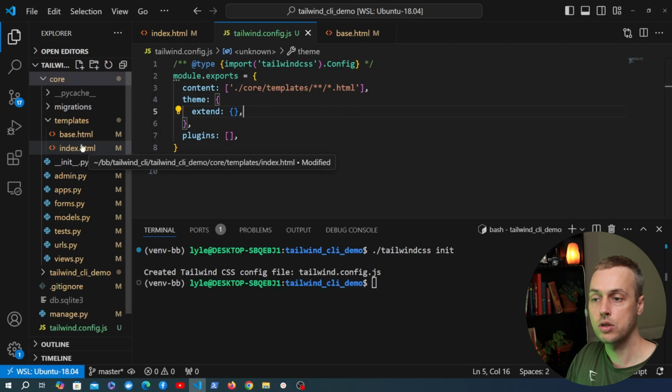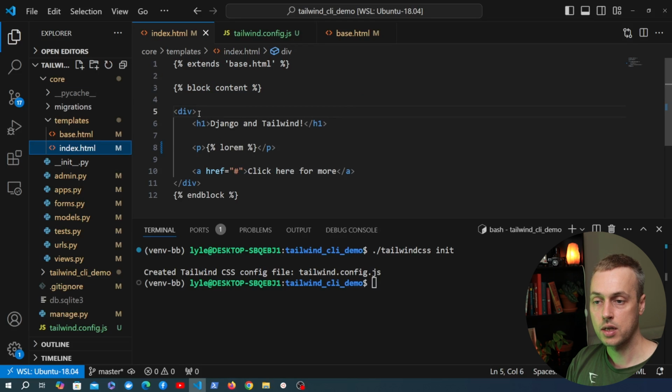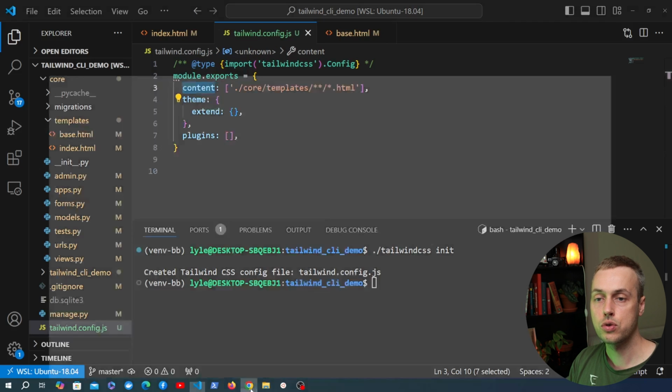So what Tailwind is going to do is look in these HTML templates, scan them and try to find classes from the package. And the ones that it finds are going to be added to that final bundle, as we will see in a second. Now, if you want to know more about the content block, you can go to this page here